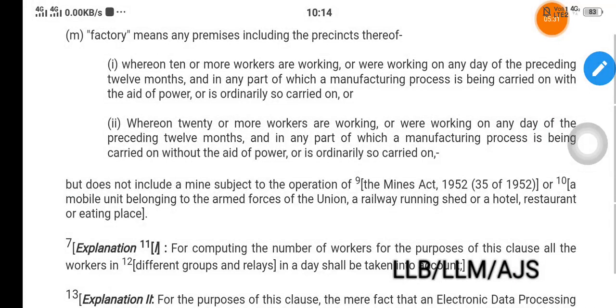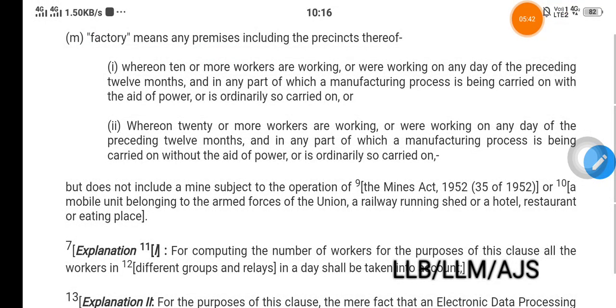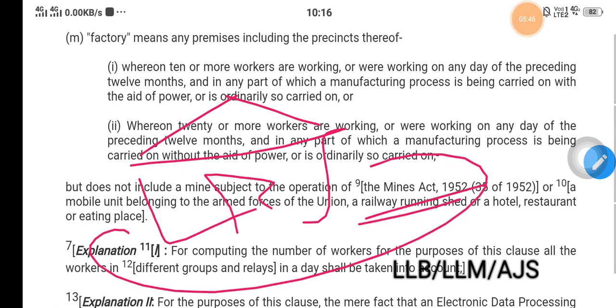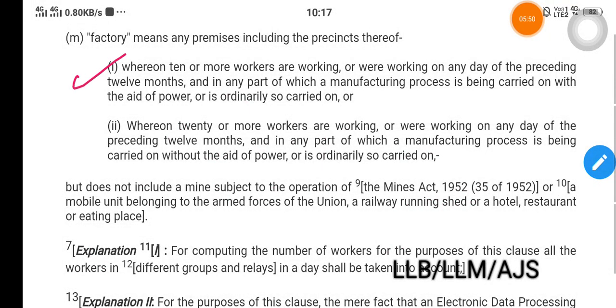Then comes the definition of factory. Section 2M: factory means any premises, including the precincts thereof. That means it includes not only the building but the land also, precincts and premises. Then 2M(i), whereon 10 or more workers are working or were working on any day of the preceding 12 months,